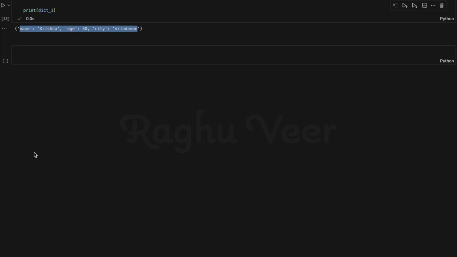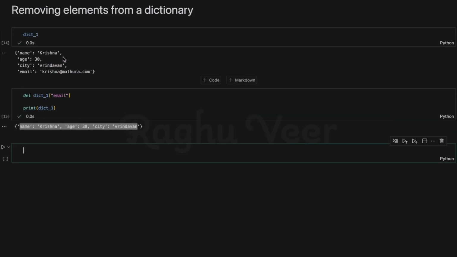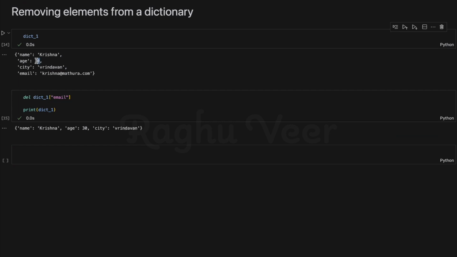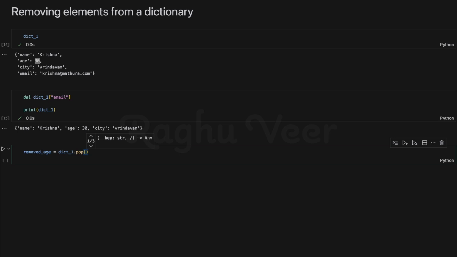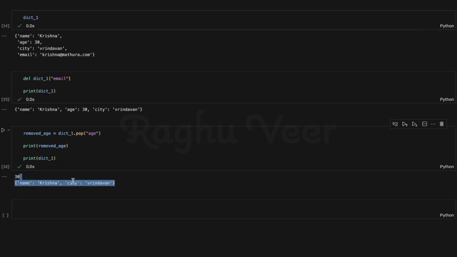What if I want to remove a key value, but I want to return the value associated with that key? Let's say I want to remove this age, but I want the value of it. So removed age is the dictionary name dot pop. This is the method, and I want to pop the age. So it removes the age and returns that value. Now I want to print the removed age, and I also want to print the dictionary. We could see the age is returned, and also the age key value pair is removed from the